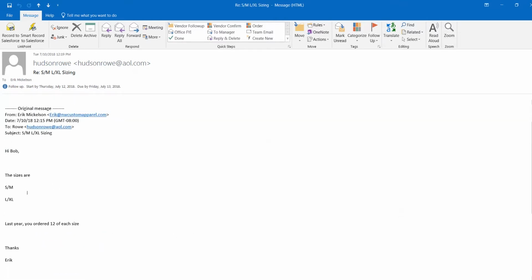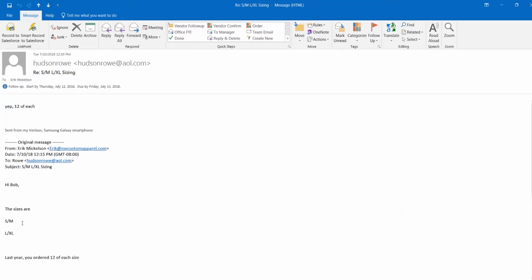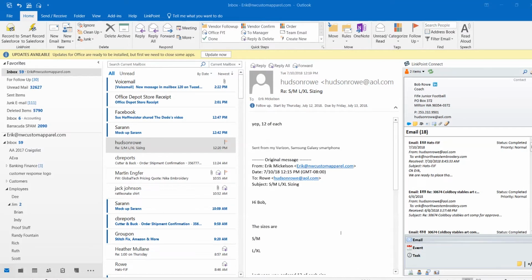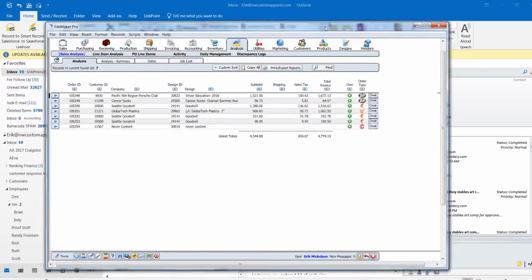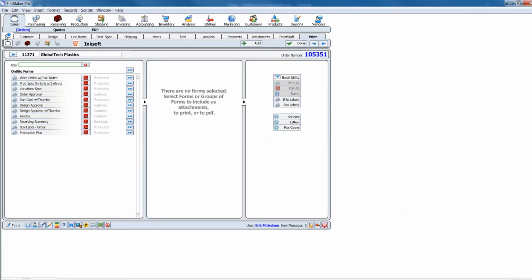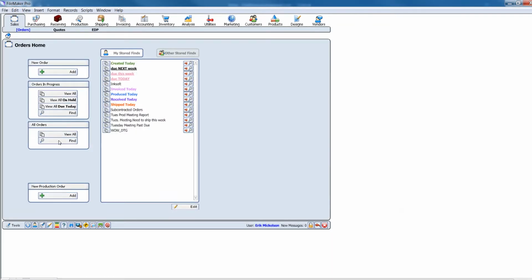So here's the email. We've done this in the past, so they want small and medium, large and extra large sizes. So first thing I'm going to do is pull up last year's order for the football team. It's the Fife Junior football, and let's find the past orders. So go to sales. You have to go down to all orders,